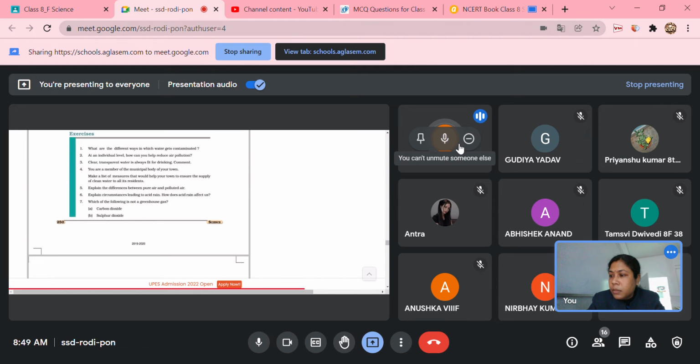We have to use CNG and LPG instead of petrol and diesel. We have to minimize the use of polluting fuels, fossil fuels mainly: coal, petroleum, diesel, petrol. Instead we have to use cleaner fuels so that a smaller amount of pollutants gets into the atmosphere. Cycle for shorter distances, ma'am, rather than using motorbikes or cars. Yes, very good.